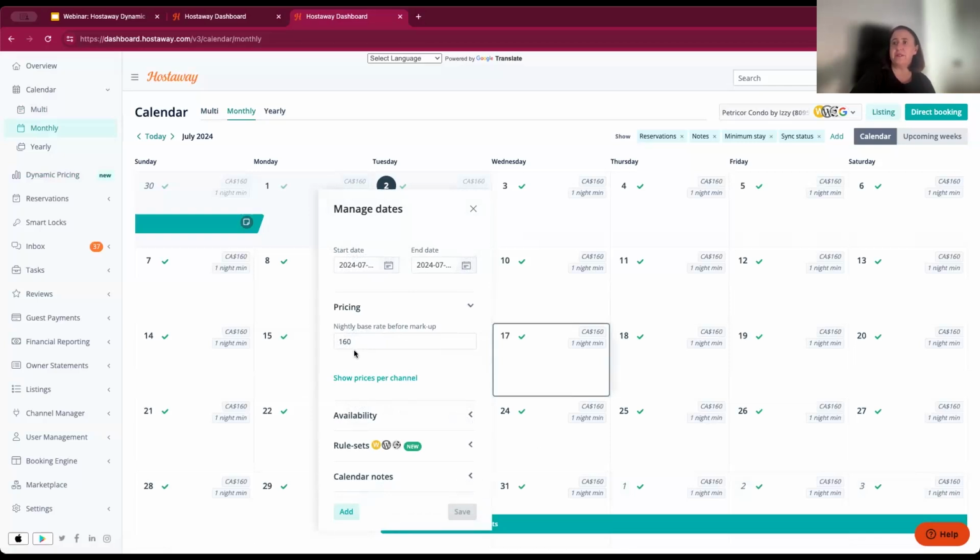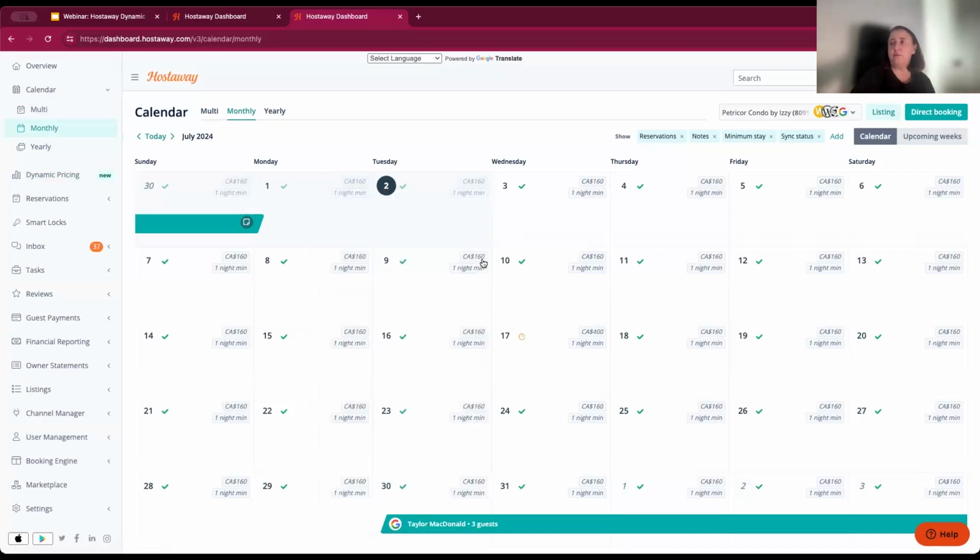And let's say this one, for instance, is 100. This is not activated for dynamic pricing, but imagine this was. So 400, this is my price. The algorithm will not take into consideration this day anymore. So it stays on the price that you overrode in the calendar. So that's it. So if we go back to the presentation,